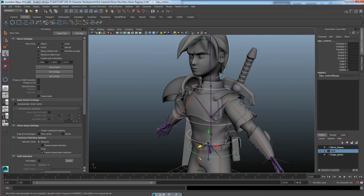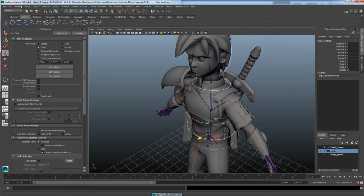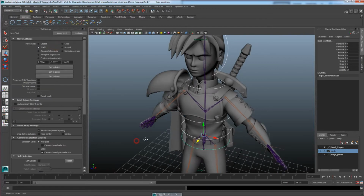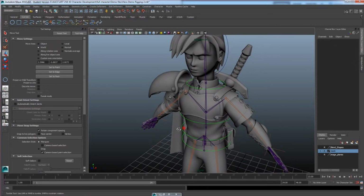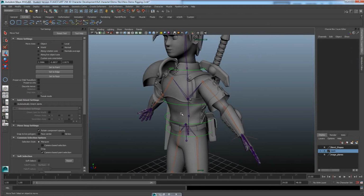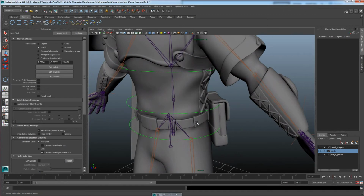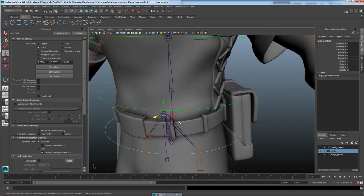So let's grab all of these. I have all the curves selected now. Modify, freeze transformations, to clear all of them. Edit, delete by type, history, in case there is any, and that clears out the history. So now all the curves are set in place. Now we just have to attach the curves to the rig. To do this, we're going to say the hip control is going to be the parent of the hip bone. If I click the bone holding shift, it'll grab the bone, which is the whole lower half of them,